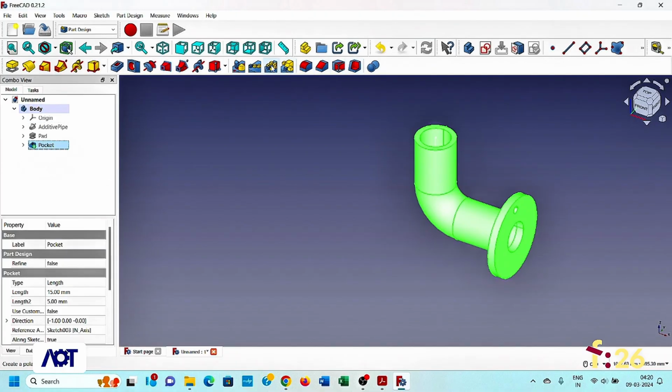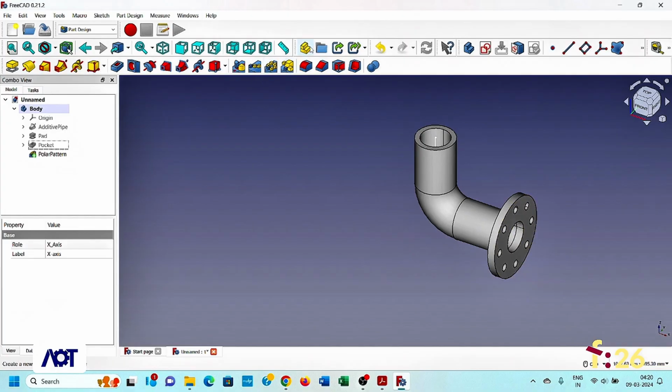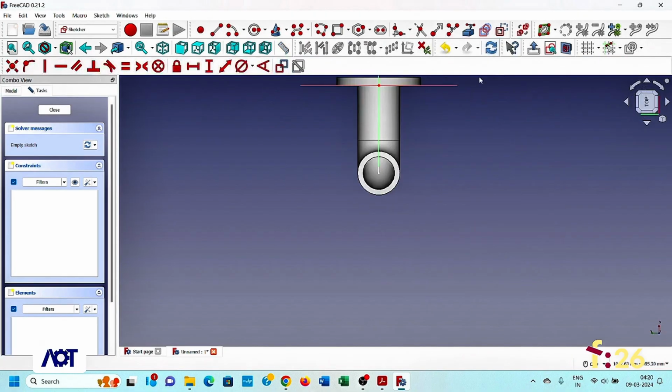I'm going for polar pattern, and I'm going to select the axis, this one, and put the number of items I require over here, and I'm going for close. So this side flange is done. So for the other side flange, I'm selecting this particular surface, and I'm going to sketch. And first I need to use edge puller so that I can identify the center, and then I'm going to